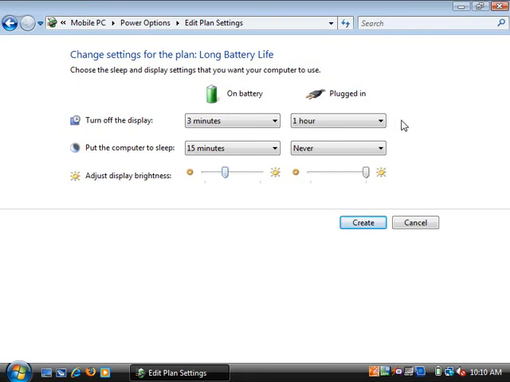Now when we're plugged into power, these settings here obviously aren't affecting your battery life, so you can choose whatever you like, and personally I like to set these to the highest value and leave my brightness at full. Alright, now we'll click Create,